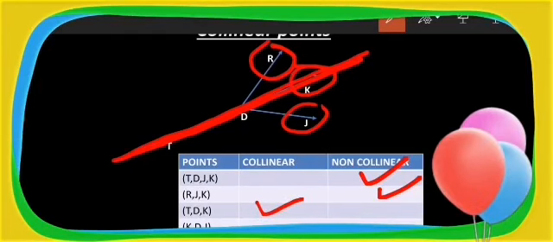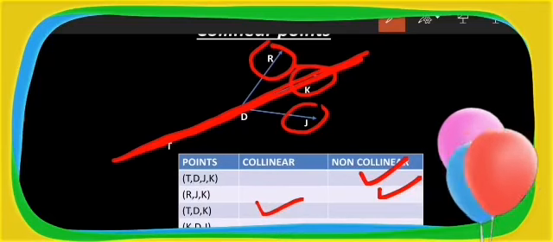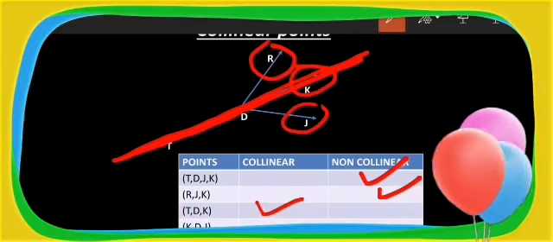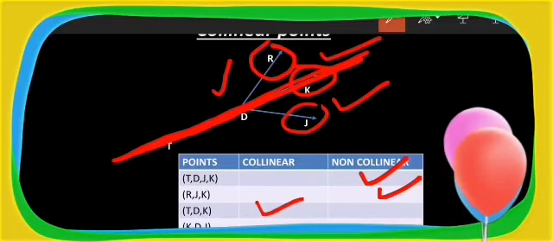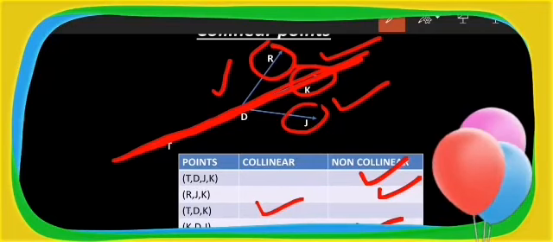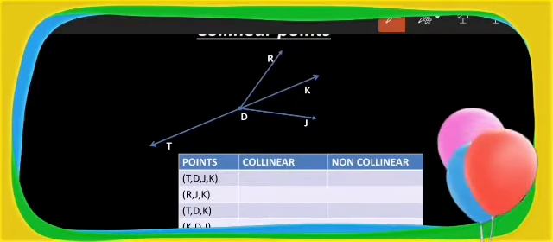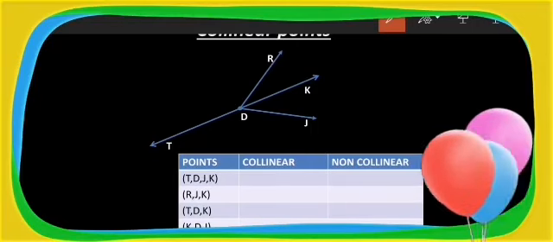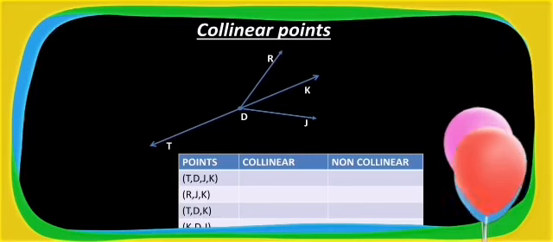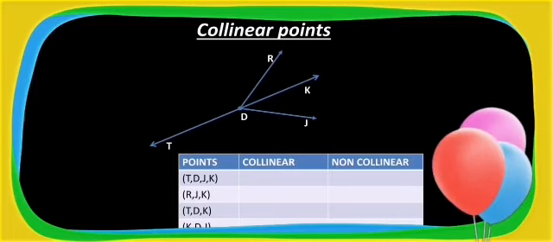I hope you are understanding this. Now the last group which is given to us is KDJ. Where is KDJ? Are you able to see it? KDJ. Again the straight path is missing, and hence KDJ is again non-collinear. I hope you are understanding this, guys. You have to write this table in your notebook, keep it in mind, and be ready for the correction of it when the school reopens. Now pause the video, copy the table, copy the diagram in the notebook, and then move on.